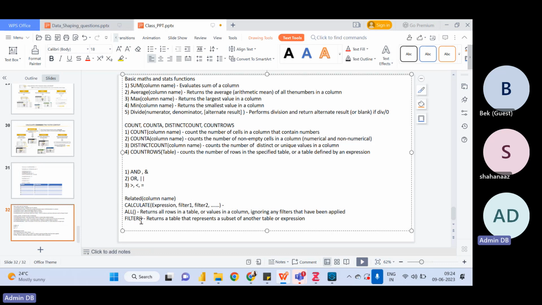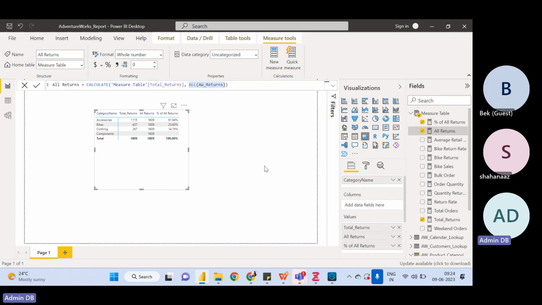So this is also one of the important functions that I will discuss. And there is one more thing, which is SUMX, AVERAGEX, all those. We call them iterator functions. So I'll talk about this. So in the next class, hopefully, we'll be able to cover all the formulas, all the functions that are available. And from the next to next class, we will